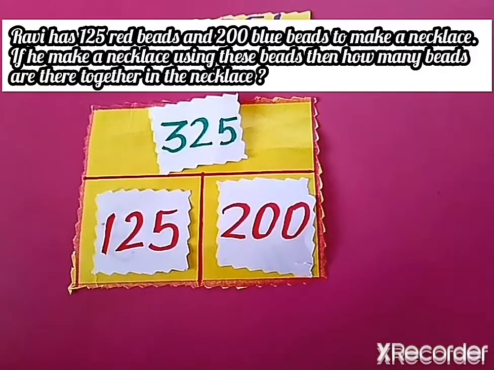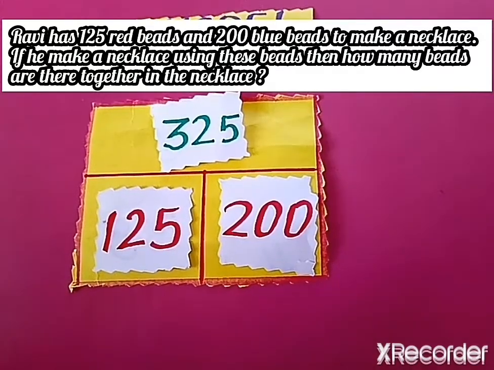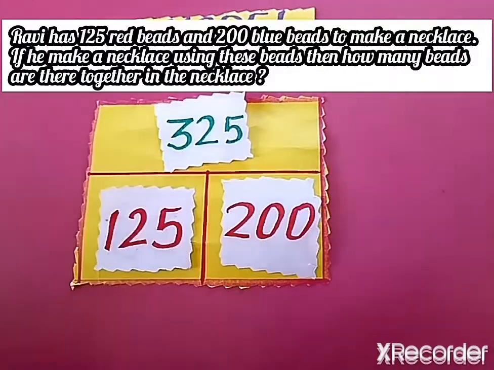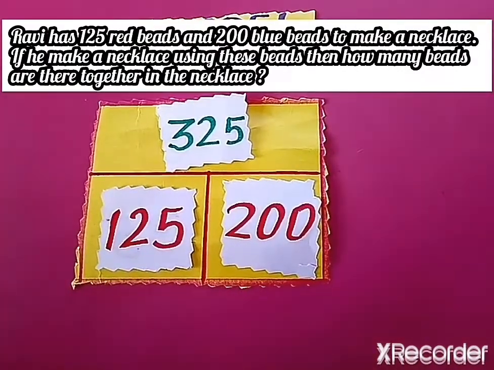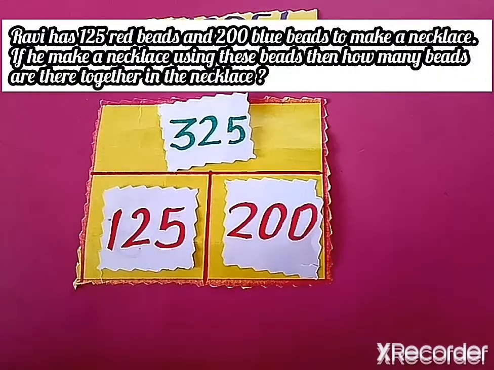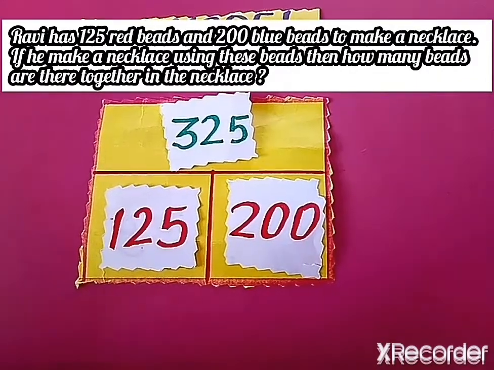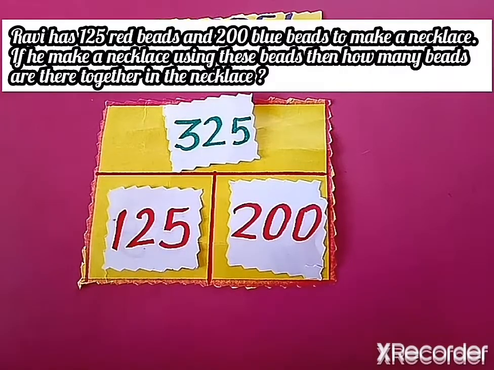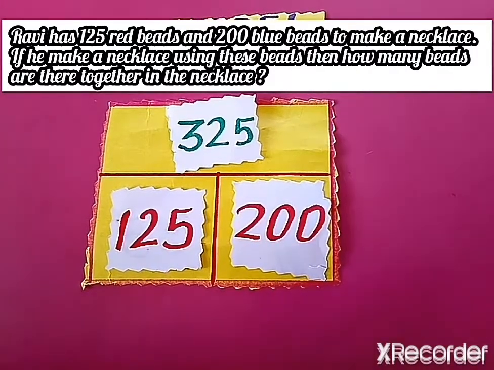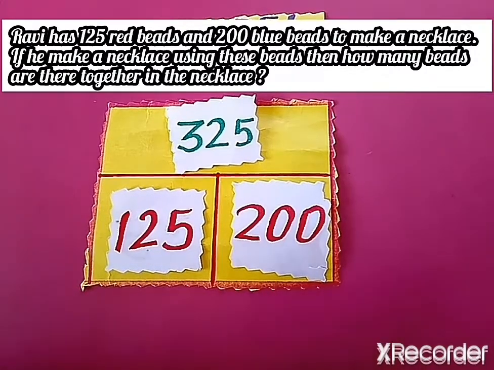First read the problem, understand what things are given there, whether the whole number is given or the parts are given, and substitute the numbers accordingly. If parts are given, substitute the numbers in the parts. If the whole number is given, substitute it there and find whether I should add to find the answer or subtract to find the answer. So it is easy to solve statement problems using the bar model.